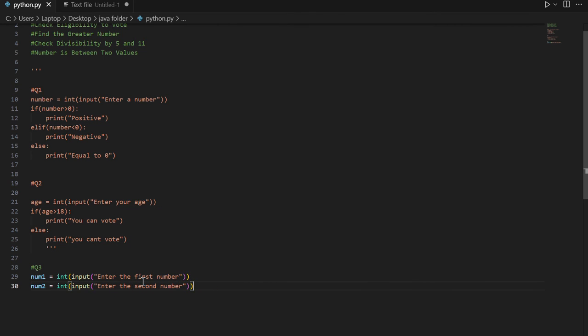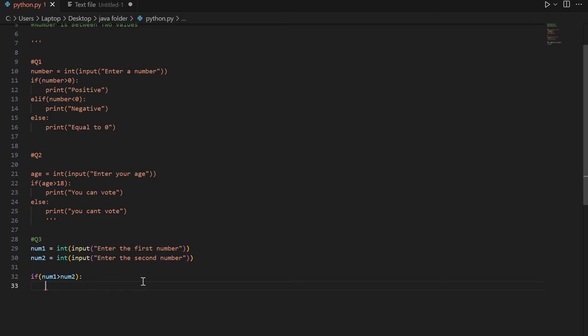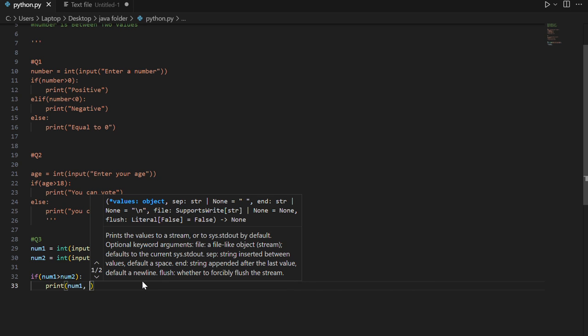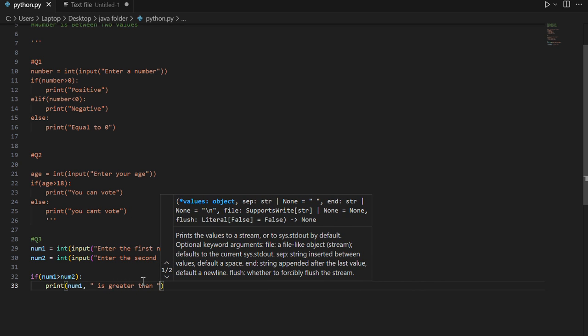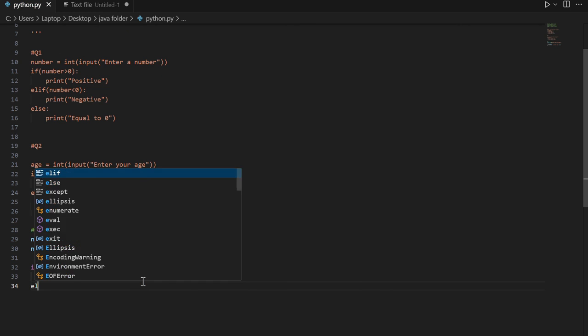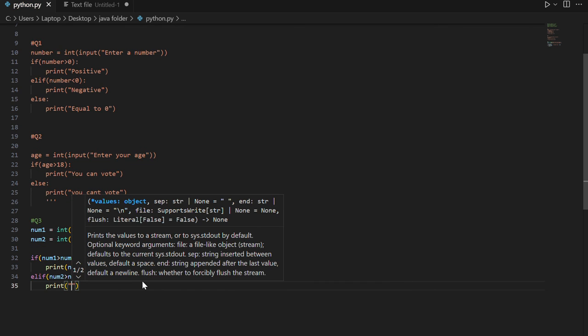So now we have two numbers. Then we're going to compare. If number 1 is greater than number 2, we will print number 1 is greater than number 2. Else if number 2 is greater than number 1, we will print